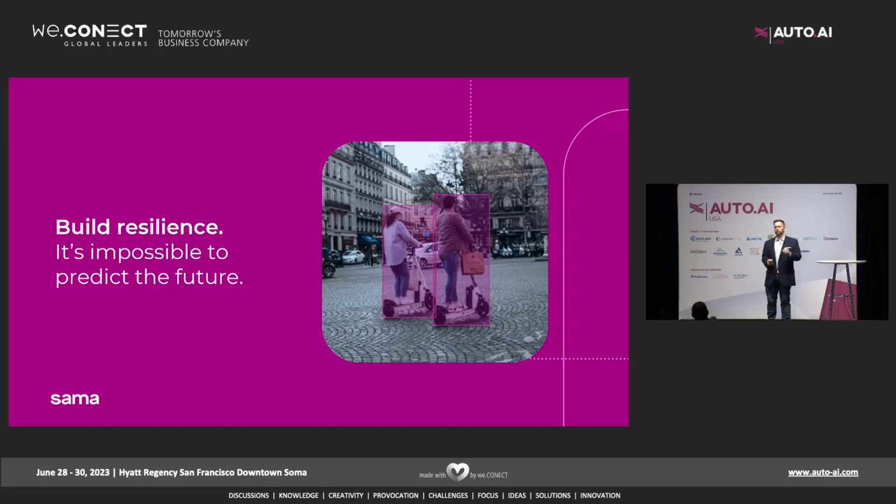But I don't know too many skateboards that can travel at 40 to 50 miles per hour and regularly choose to use lanes of the road in the way that we see these e-scooters do frequently in many, many major cities. As data is being collected and this wave and trend was starting to happen, that was a very easy way to identify, hey, I need to introduce a new object class or a new classification so that we can make sure that we have enough data around it, and we need new behavior.